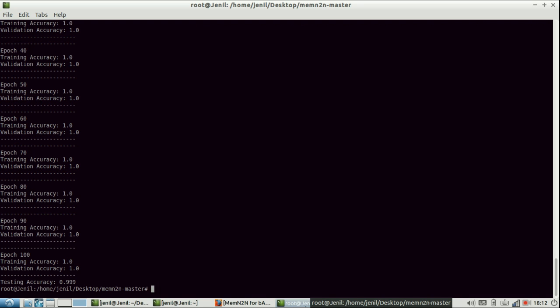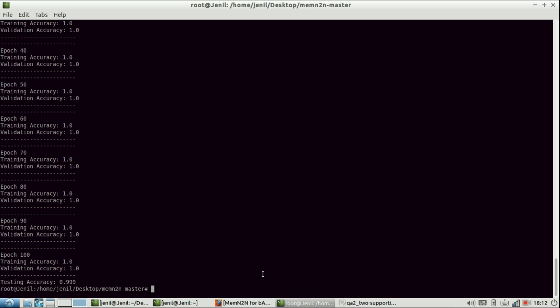After the validation is complete, we test on the testing data, the 10% data we have kept separate, and we obtain an accuracy of 0.99. This is pretty good. We are obtaining this accuracy because it's a very simple fact. For more complex facts, the accuracy drops down reasonably.